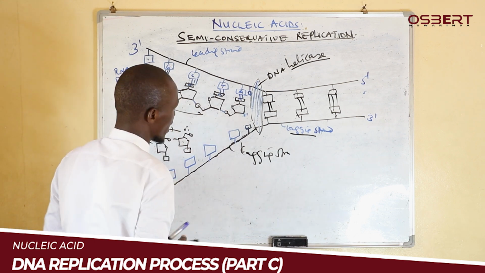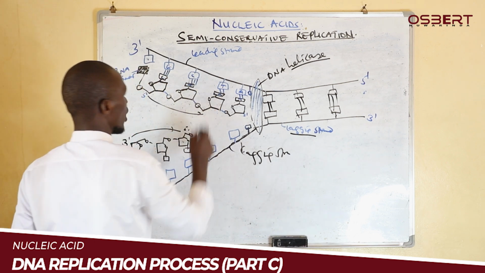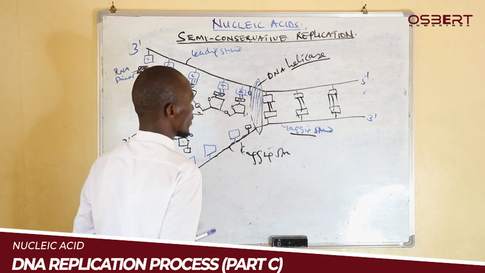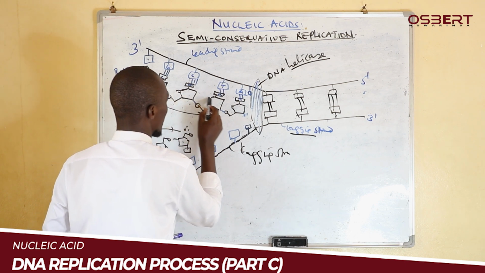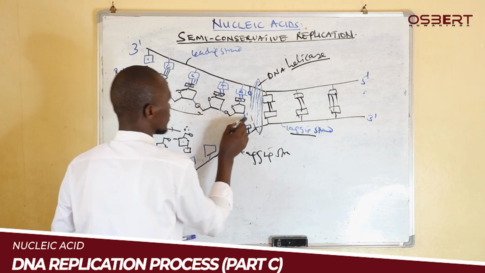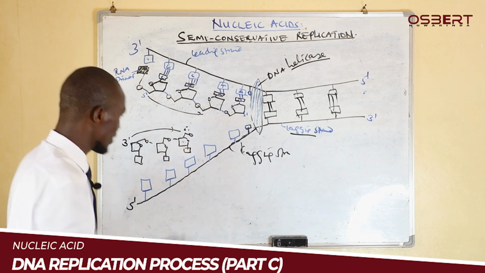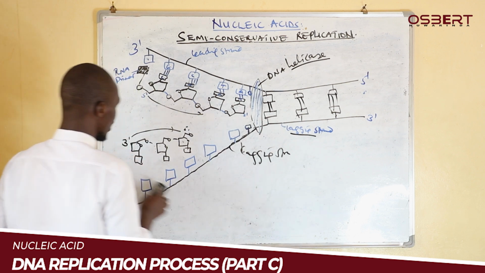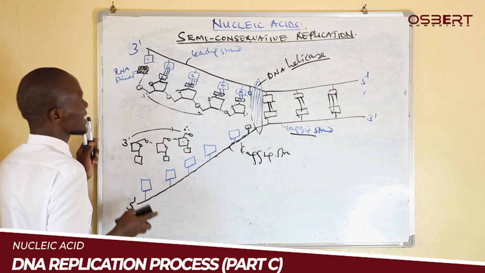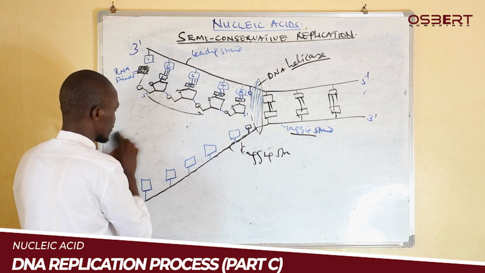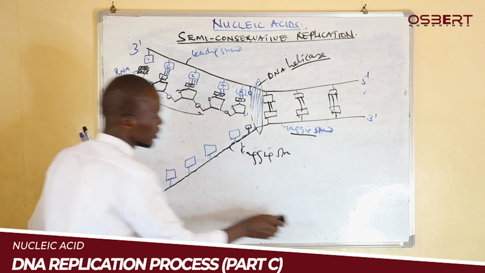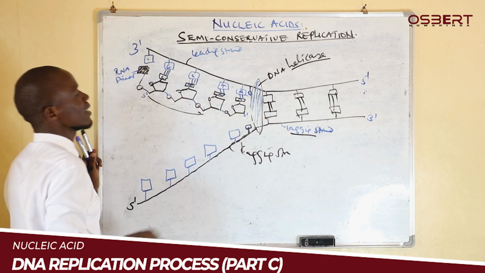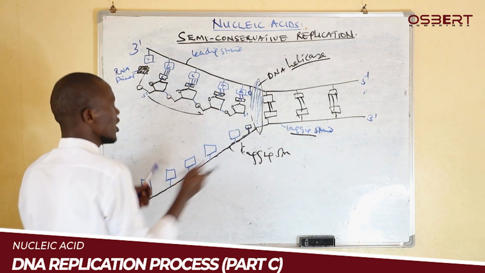On this lagging strand, what happens is not like how we have seen here. For the leading strand, things are done very fast. Why? Because the direction in which the molecule we are adding is moving is 5' to 3', which is the same direction as the DNA polymerase. But here, in this lagging strand, we are not going to have the primer formed at the extreme end as we have seen on the leading strand. Instead, we are going to have our primer